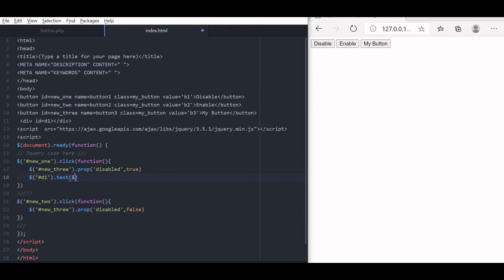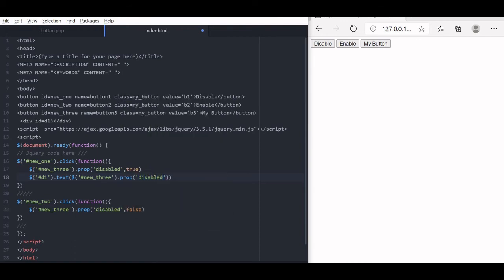This is because we are reading the status as true or false. So, let me just find, we will select now the button 3, the button 3 ID is new 3, find new 3 property. Now, it is disabled.